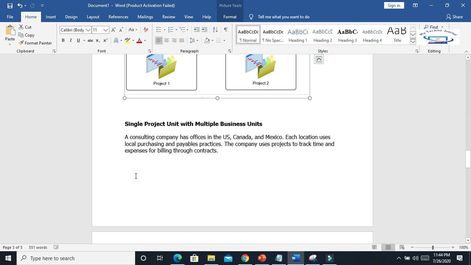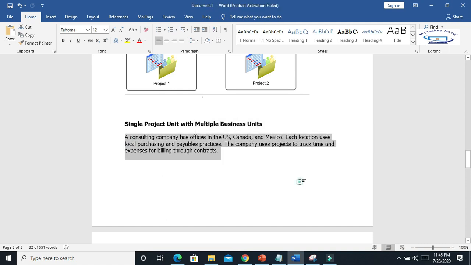So here in the first scenario, a consulting company has offices in USA, Canada, and Mexico. Each location uses all these practices, purchasing, payables, and other things. The company uses projects to track time and expenses and billing through contracts.